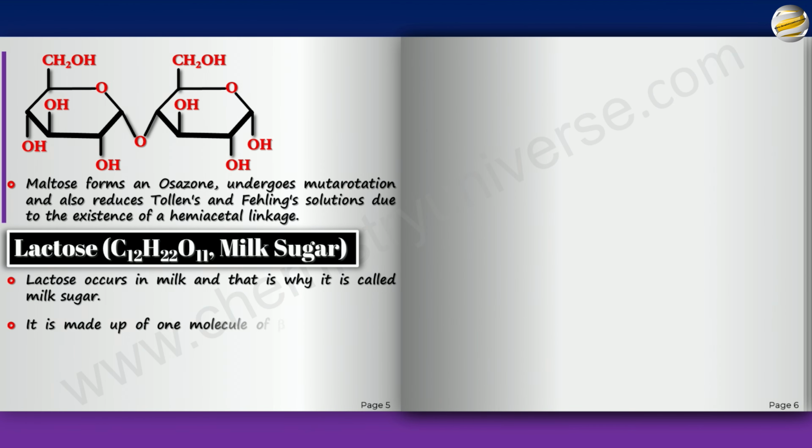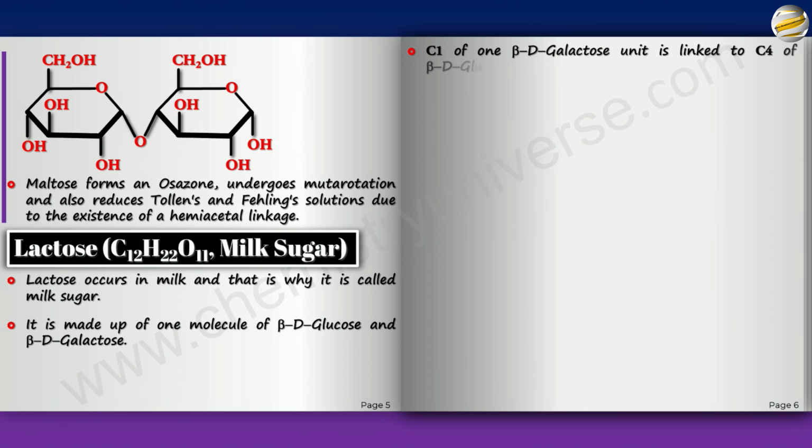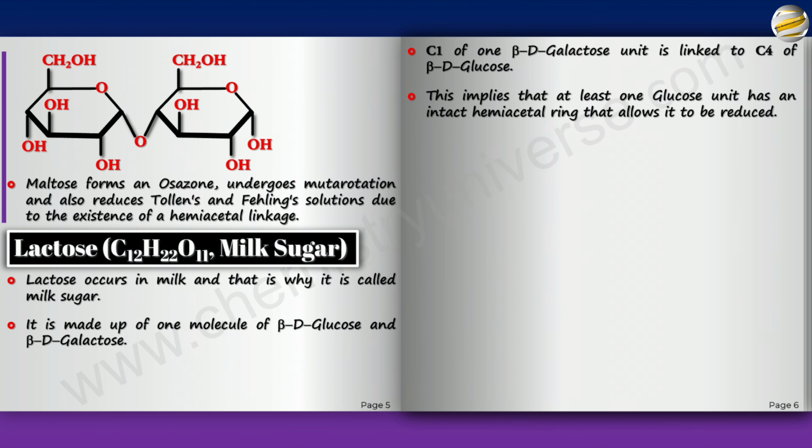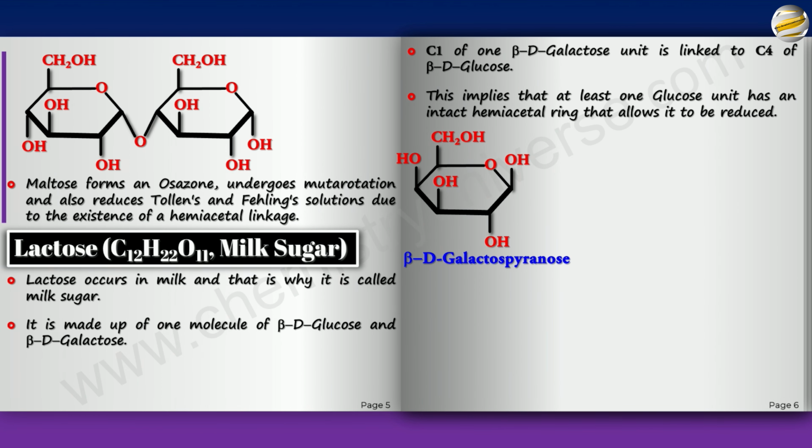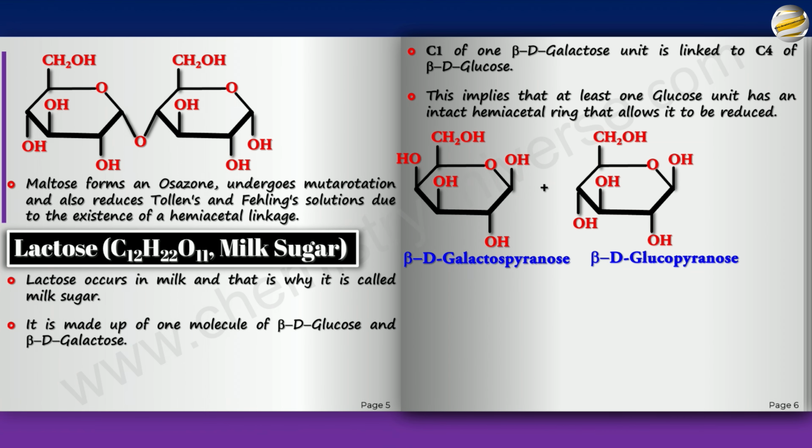It is made up of one molecule of beta D glucose and one beta D galactose. And the C1 of the galactose is linked with the C4 of glucose, again leaving one hemiacetal intact. This implies again that at least one glucose unit has an intact hemiacetal link, and all of those reactions are shown, osazone, etc. So this is the galactose, and this is the glucose, and the C1 which is on top and the C4 which is at the bottom,